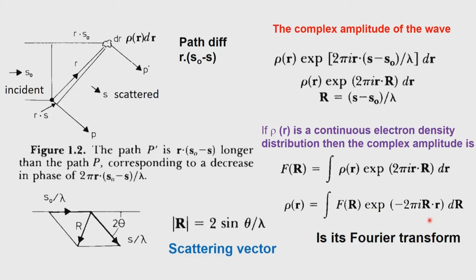So, therefore, please remember that these two equations, which are Fourier transforms of each other, are actually lifelines during the structure determination protocol. So, we must have an idea of how to use these, and everything originates from the fact that we have the scattering coming from the electron density that is associated with the material, in this particular case with the crystal.